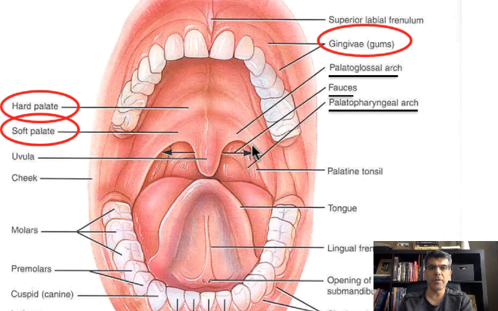We're going to talk about the structure of the mouth in the GI system, but for now, you have to understand that on each side of the fauces, you have two arches. The arch in the front, this one, is called the palatoglossal arch. Why is it called palatoglossal? Because it's next to the tongue. The back arch, this one, is called the palatopharyngeal arch because it's next to the pharynx. Between these two arches is where you have your tonsil. It's called the palatine tonsil. So we have two arches and a tonsil between them.